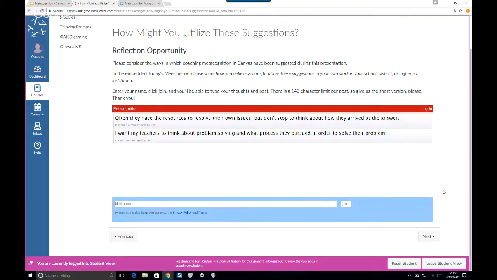So I'd be very curious to look back at this Padlet in an hour's time or in a couple days to see what ideas you have now that you've seen this presentation. Hopefully you've given some intentional thought to how coaching towards metacognitive thinking practices with your students is important, how it can be done with Canvas, and some of the opportunities or applications you see for it in your own work. So the more we can put here, obviously, the greater the benefit to anyone who might stumble across this course in the future. And we're now down to the final minutes of this course.